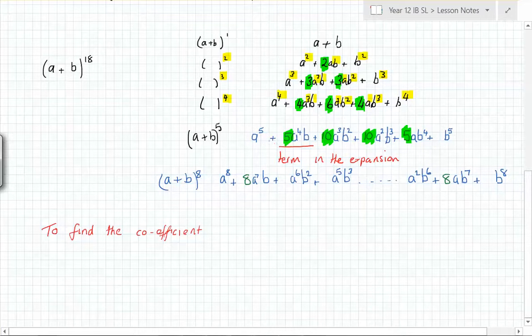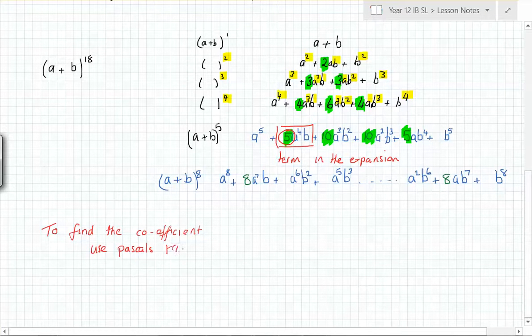How many terms in this expansion? For that one, 6 terms. That is currently the coefficient because it's a number. These are variables. The number on its own is the coefficient. So what we want to be able to do is find the coefficient, and we are going to use